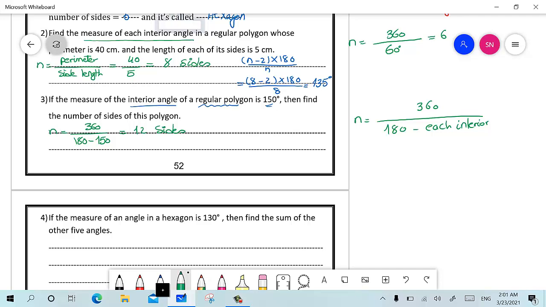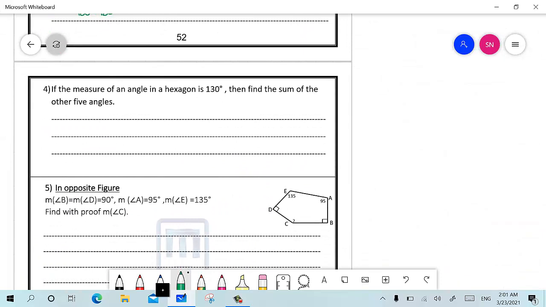And let's go now for number 4 in the next page. If the measure of an angle in a hexagon, a 6-side polygon, is... So I know that one of the angles of the hexagon is equal to 130 degrees. Then find the sum of the other 5 angles. So let's draw it here. I have a hexagon and I know that one of its angles is equal to 130 degrees. I want to find the sum of the other